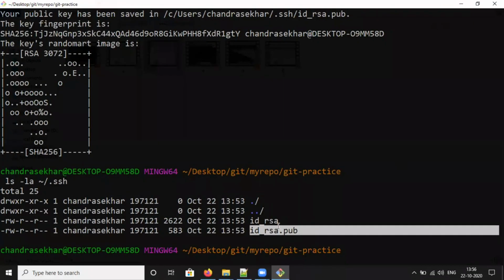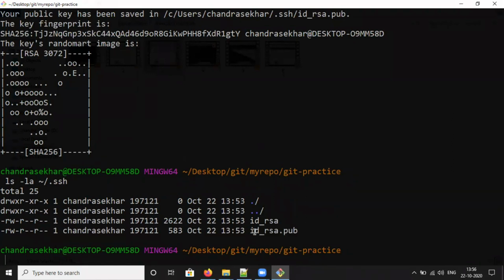Now id_rsa and id_rsa.pub. So it is generated, and you have to take this id_rsa.pub public key and save it in the git remote repository of your account. Then only it is going to generate the known_hosts file when you are trying to connect. So now you can try to